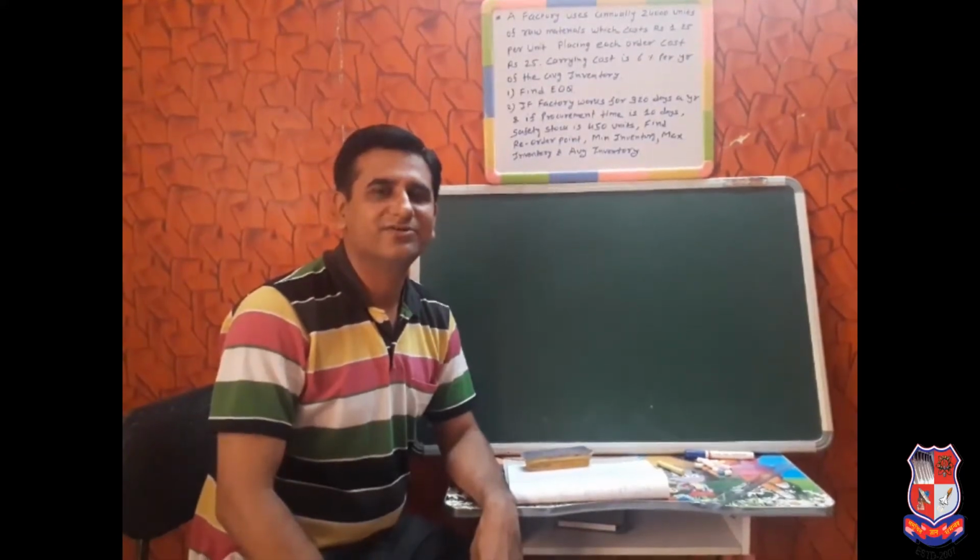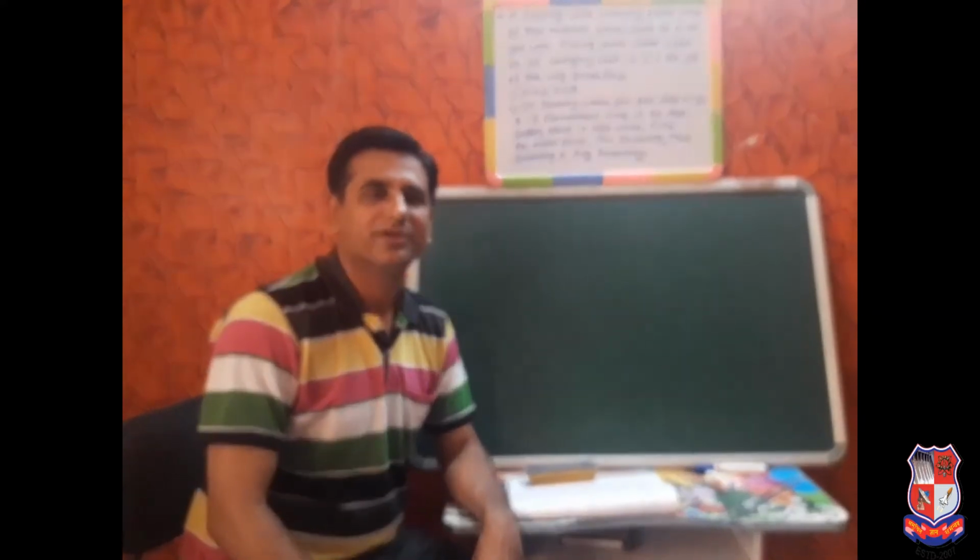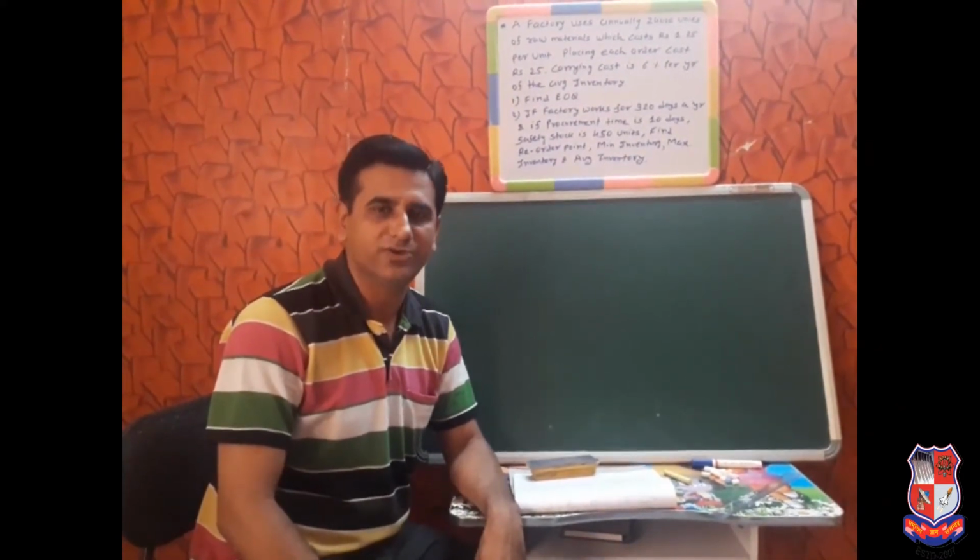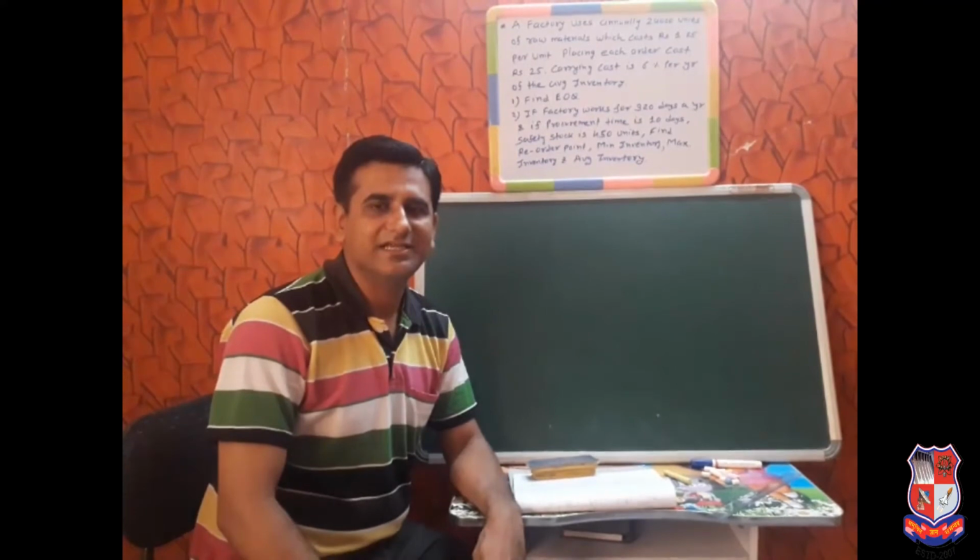Students, in the last video we saw the economic order quantity topic, that is EOQ. We saw some of the theoretical background of EOQ, and we also saw the formula of EOQ. Now in this video, today, we will see some numericals or examples related to EOQ. Friends, in the university exam you will find a 7-mark numerical related to EOQ. So let's see how the EOQ can be calculated, and how the numerical will be solved with the EOQ.